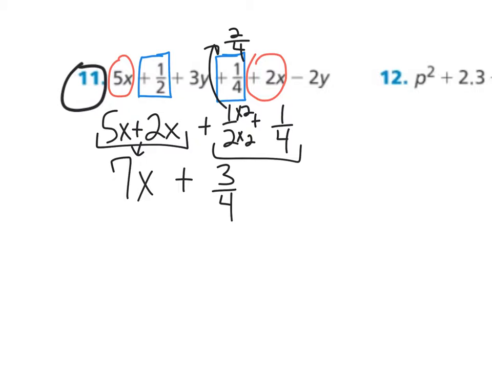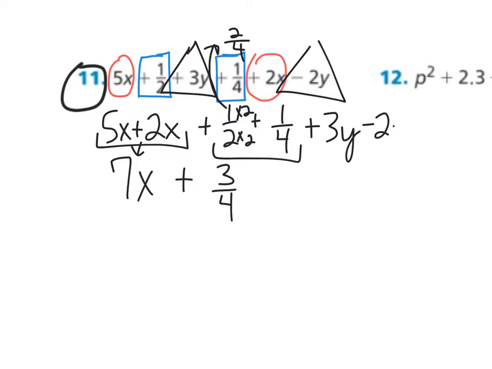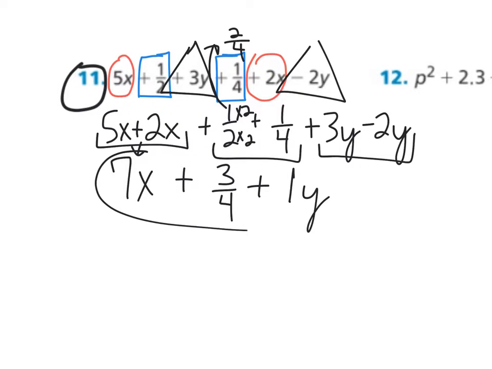And then we've got a plus 3y and a minus 2y. So 3y minus 2y, 3 minus 2 is 1, so 3y minus 2y would be 1y. So this would be our final answer. If you ever are doing a problem like these,